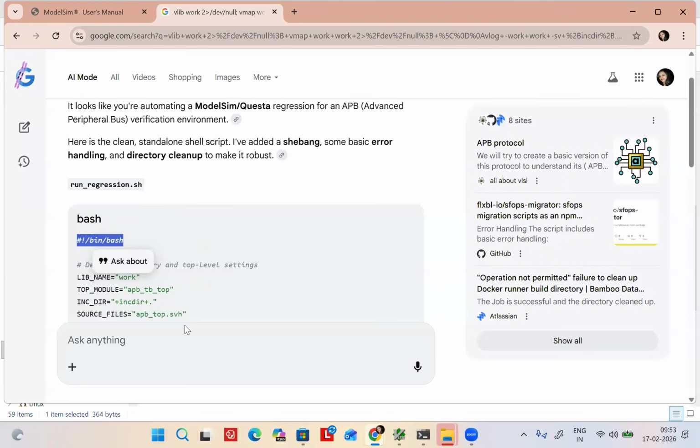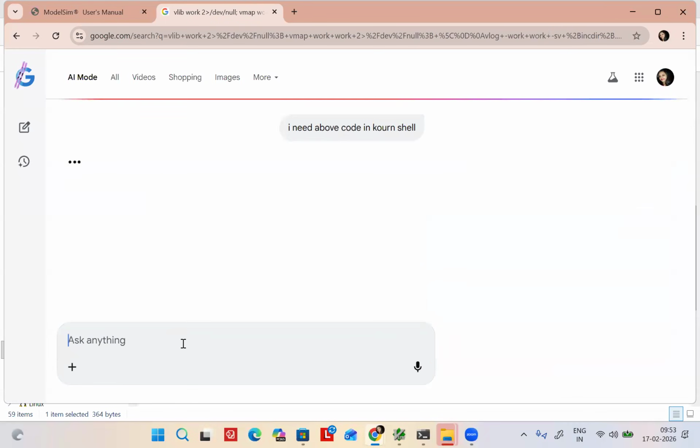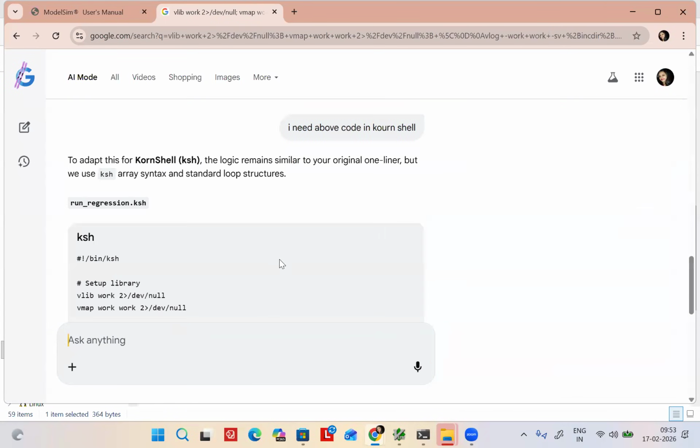See, I need the line above. What changes? Yes, only the first line will change. And that line also, if you want you can write it, or else you delete that line. It's of no use. That one I highlighted. This line. If you want, you can write it, or else you don't write it.